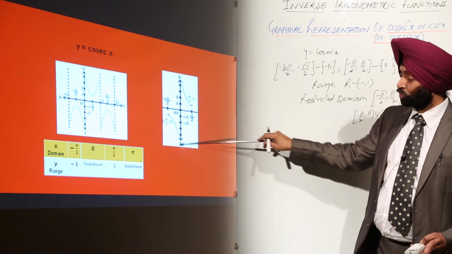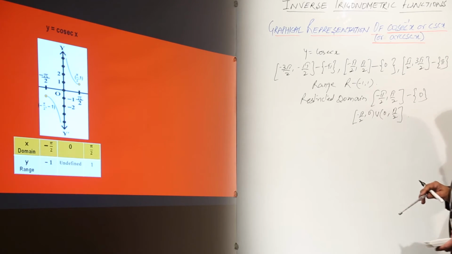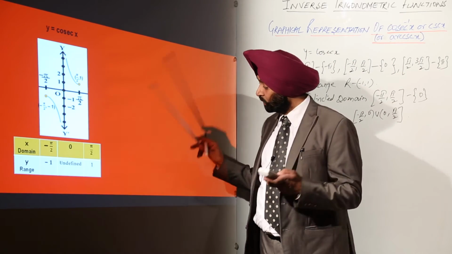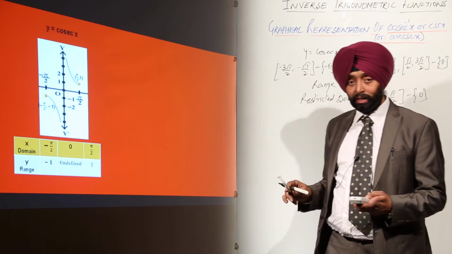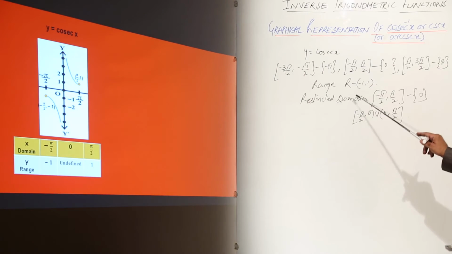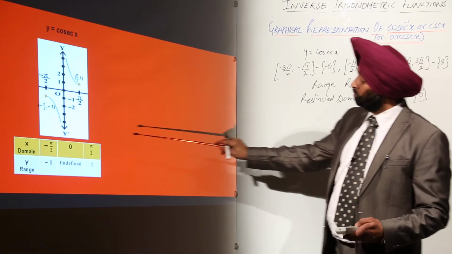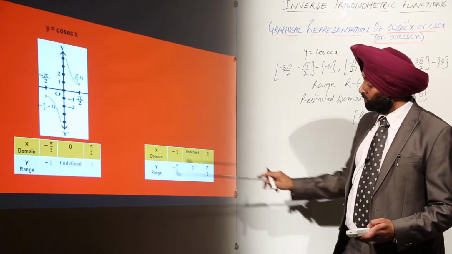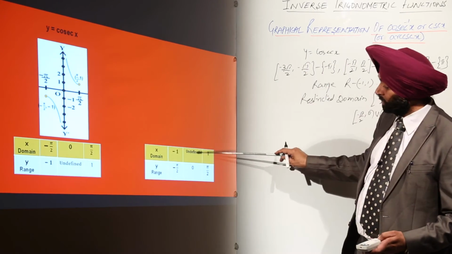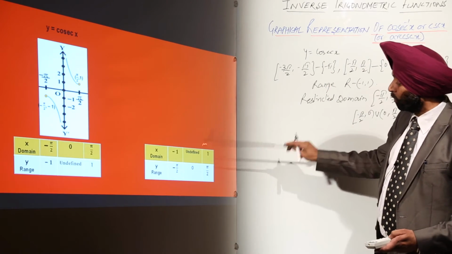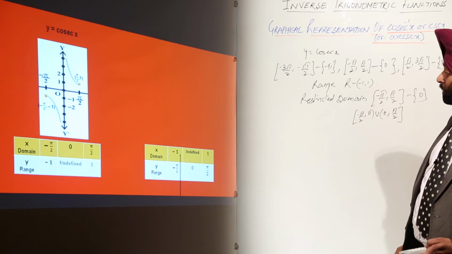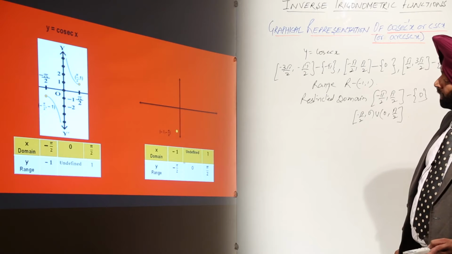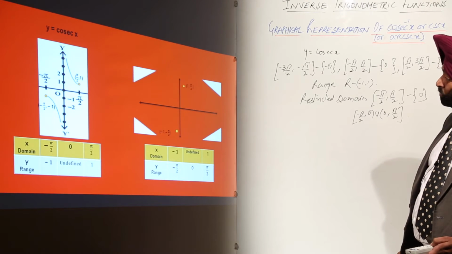Now with the help of this portion, let's draw the inverse part. For the inverse part, first of all we make the function one-one and onto, which we have done by taking the restricted part, with the domain and range for y equal to cosecant x. Okay. Now the domain and range, you can check, the range changes to domain and the domain changes to range. Now let's plot these points and see what type of graph we get. Now these are the points which we are plotting on the graph, and here we go with the figure.